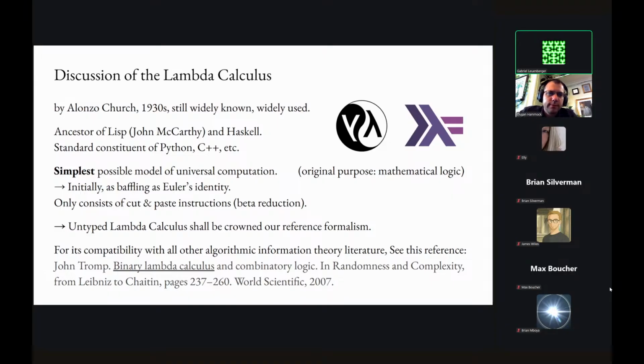If you have another reference formalism, an alternative that is similar to lambda calculus, and it's also very simple, the difference is not going to be too large between them, because there's the invariance theorem from algorithmic information theory. So they will actually roughly agree on the predictions. Most of the time they will agree. So it's not a real issue in the end.